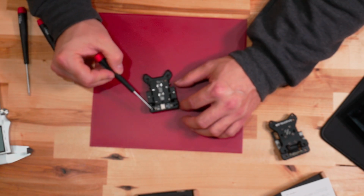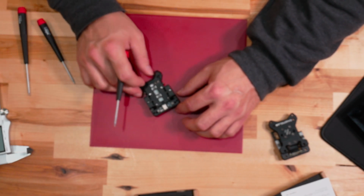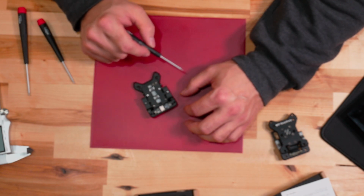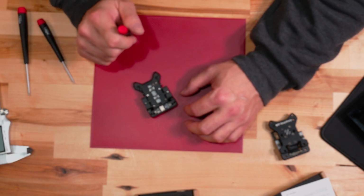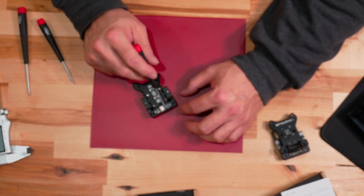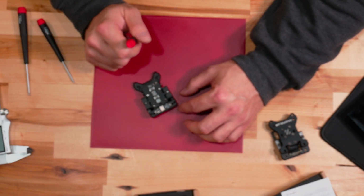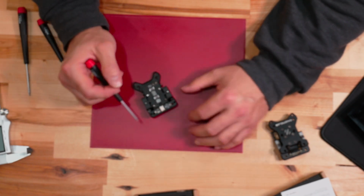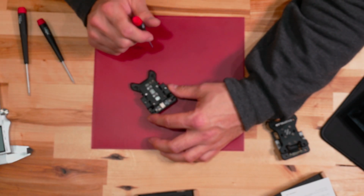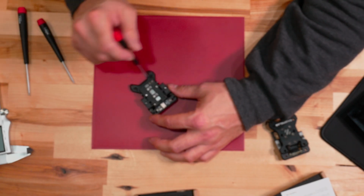The two screws here are for your optical sensor. The first thing you're going to want to do if you want to do any disassembly of this part is take these two screws out. The optical sensor comes off because, much like the Hiwin, it's probably the most expensive part of this. The optical sensor might be close, but it is probably also the easiest part to break that's non-mechanical. So these are 1.3